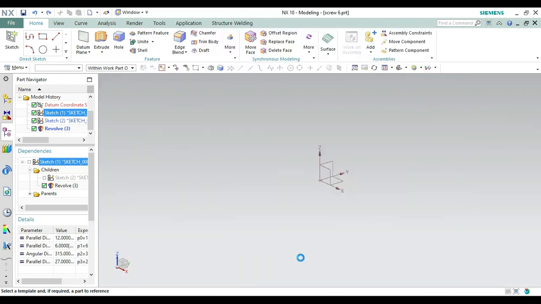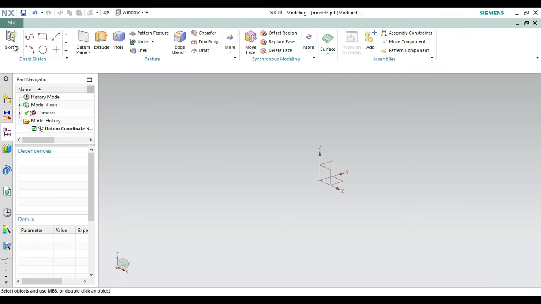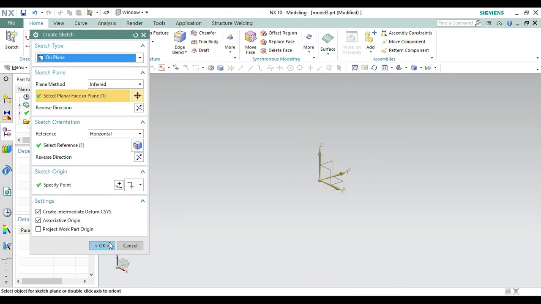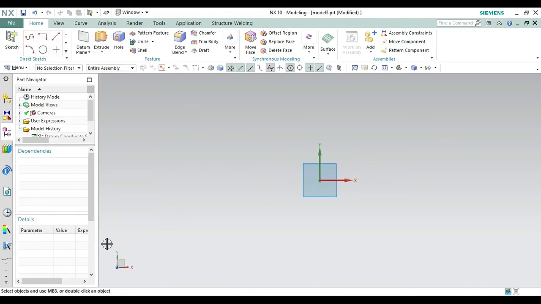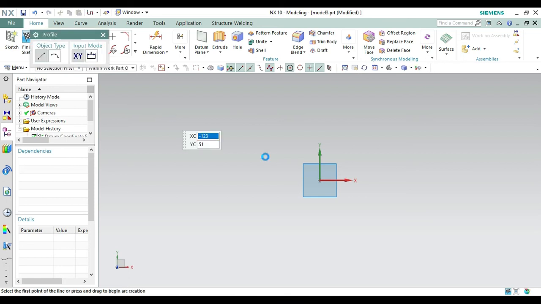Now what we have to do is to select the sketch. Let's do it fast. Select the sketch from here and make it XY plane from here like this one. Now make it okay from here. Now what we have to do is to create a profile of that screw again. So again create a profile, take this point, go left, means the length should be 7.8 and angle make it 180 like this one.